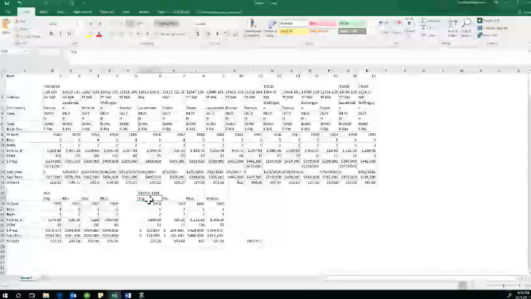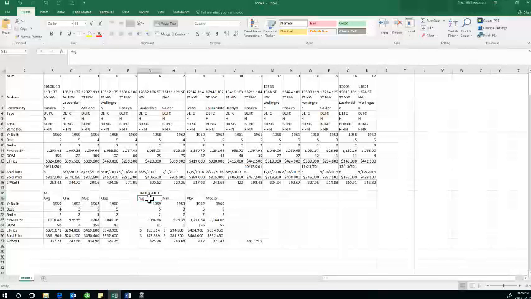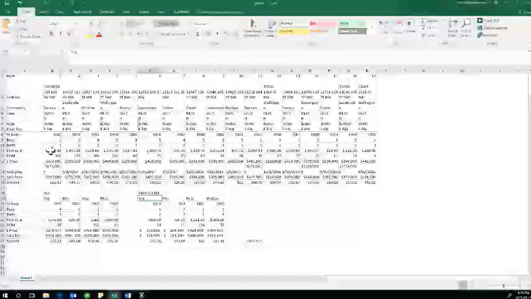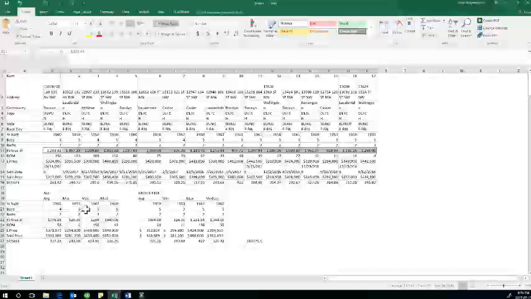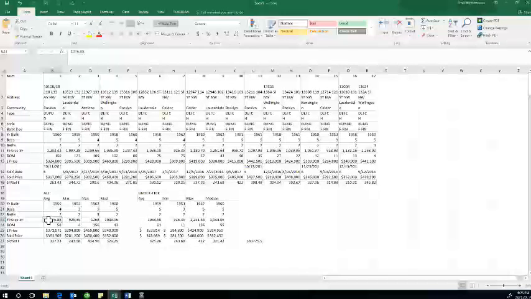Average is a pretty common number. Everybody really understands what an average is. It's all of the numbers added together divided by the number of numbers. So literally for the floor area in square feet, you would take all of these numbers, add them all together, and then divide it by 17 because there's 17 properties. And so if you took all 17, the average number over here for square footage is